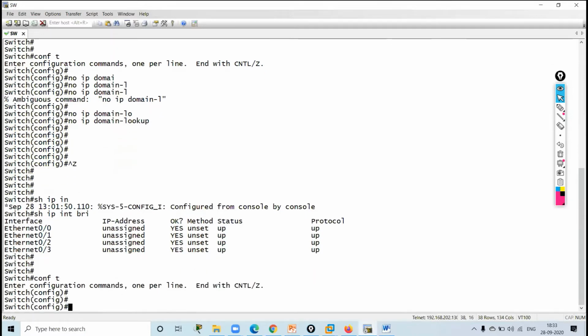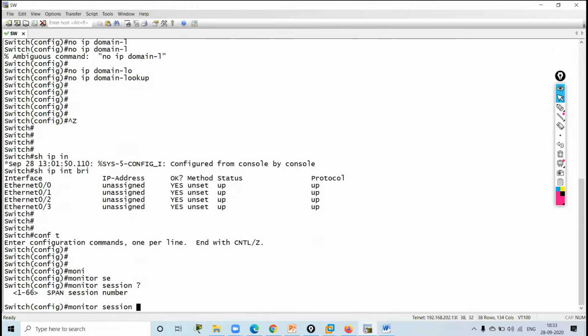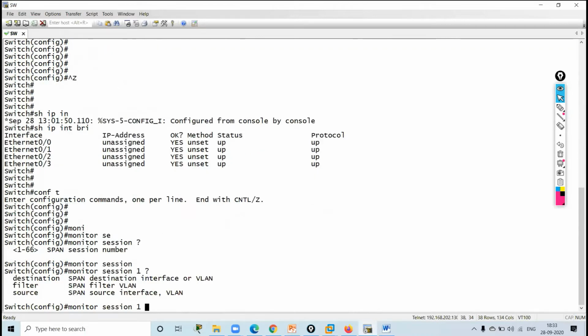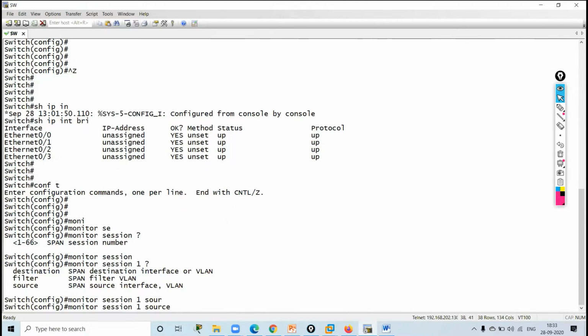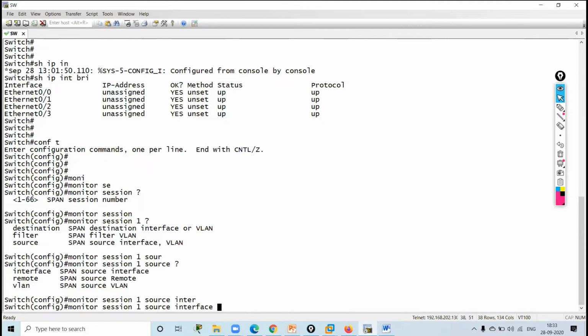So the configuration starts with monitor session. And I need to give any number, span session number, any number between 1 to 66. I'll start with 1. Monitor session 1. Then it is giving me the destination, filter and source options. So I'll select the source option first. What is my source? Source can be either any interface or a particular VLAN. So source is my interface in my scenario,